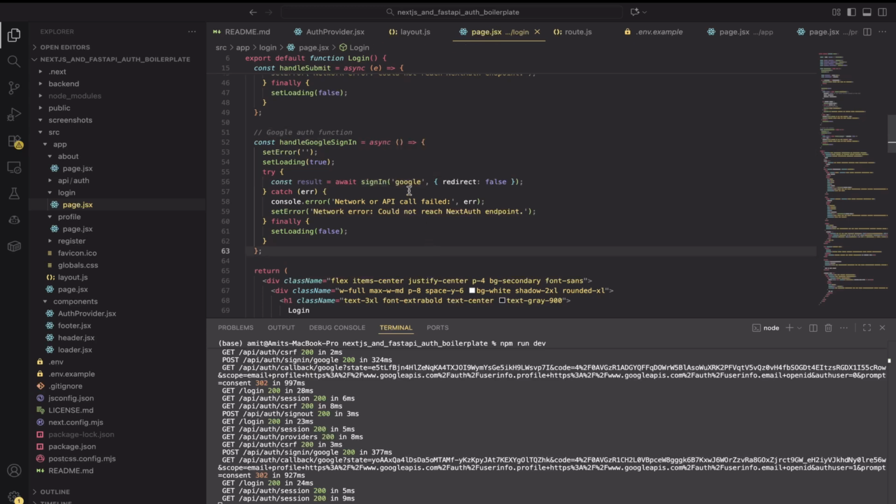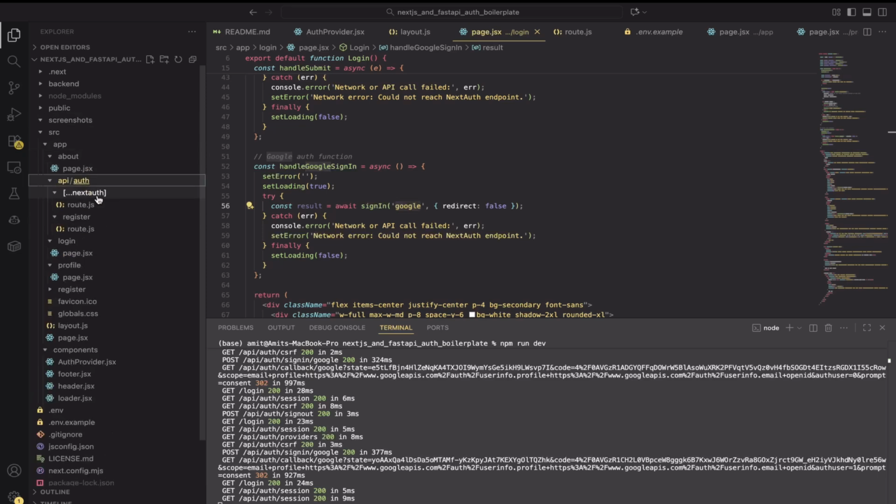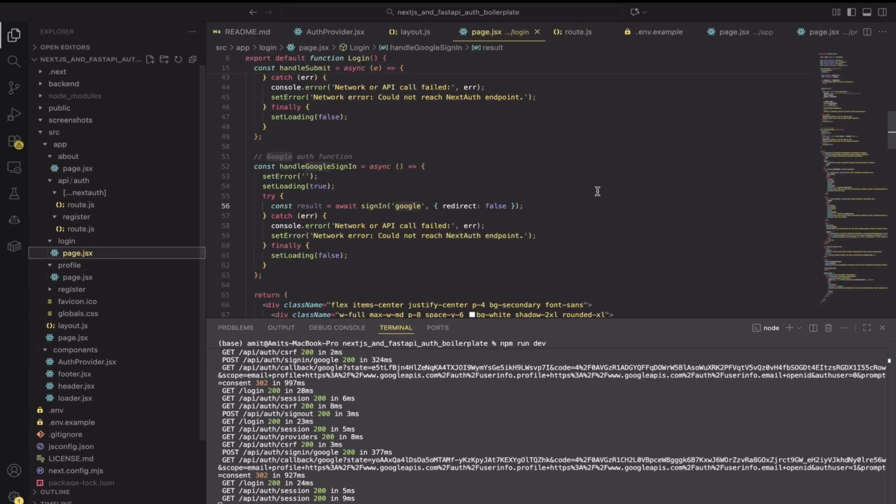Behind the scenes it would see if Google ID and secrets are provided, and it would trigger the Google authentication workflow using the OAuth strategy. Once the response is available, the response would be transferred to this token and then session, which we already covered earlier. So coming back to the login page,